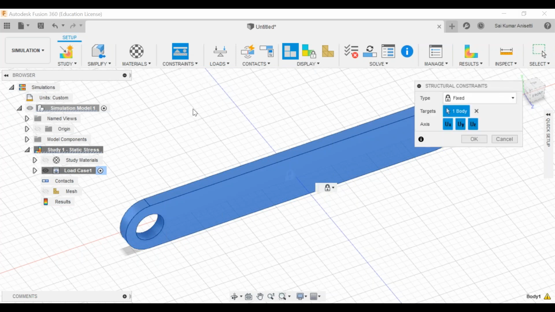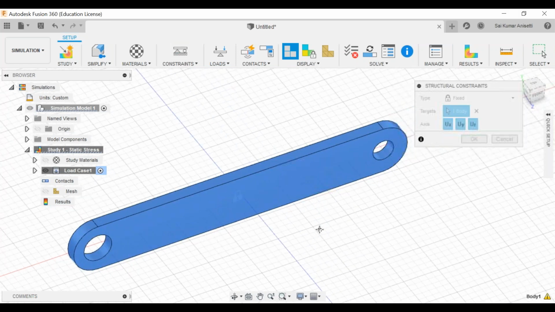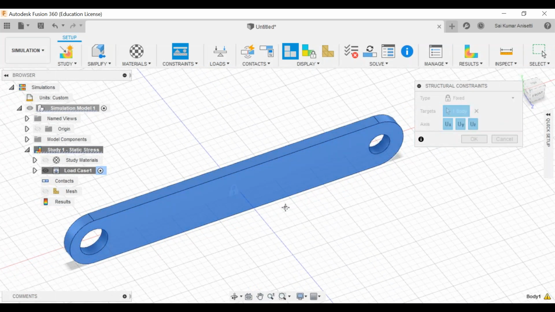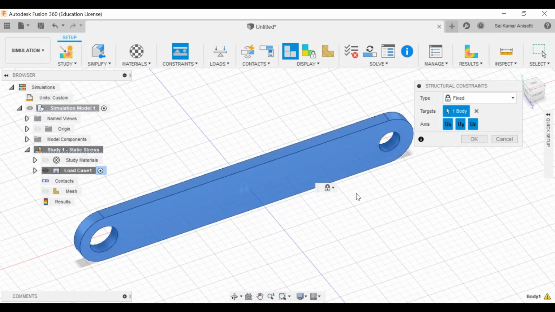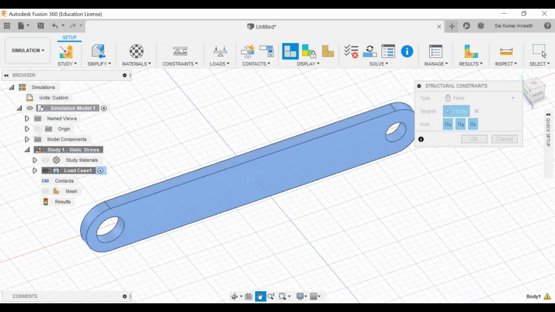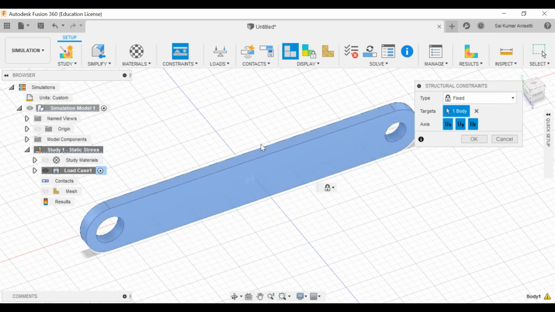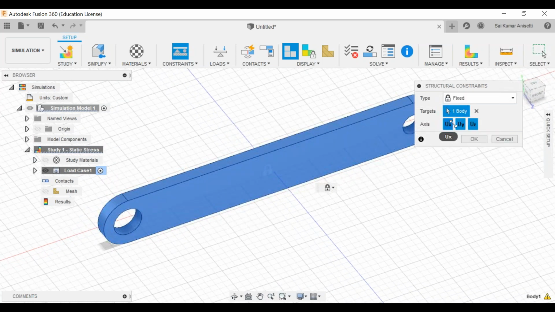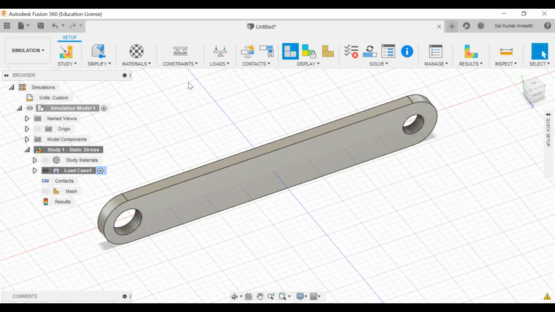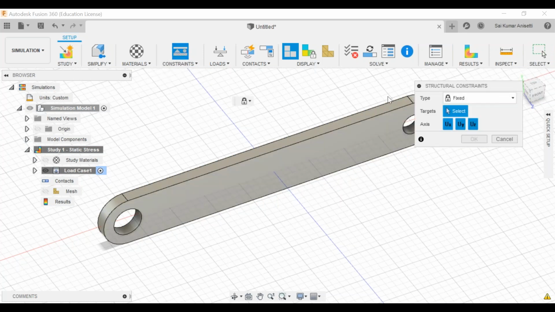Now constraints are the most important part in your assembly. Now I don't have any degrees of freedom. In this entire assembly, let me escape constraints. I want to fix a given face. So I'll select this particular face and I want to arrest this face in all degrees of freedom. So that is what I'm doing.